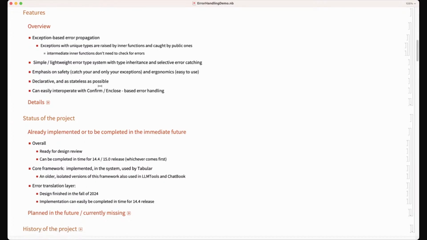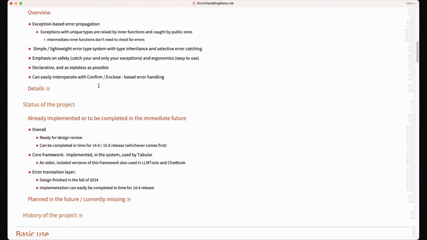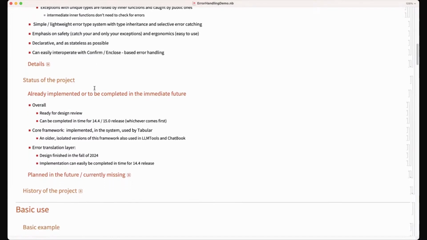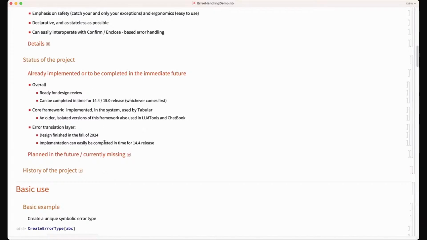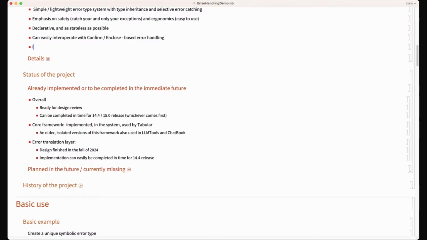And we try to make things declarative and stateless. And again, interop with the confirming clause. And the status you can read here, to flag basically again the value of making sure we interoperate with parallel stuff, with remote batch submit stuff, all these kinds of things.